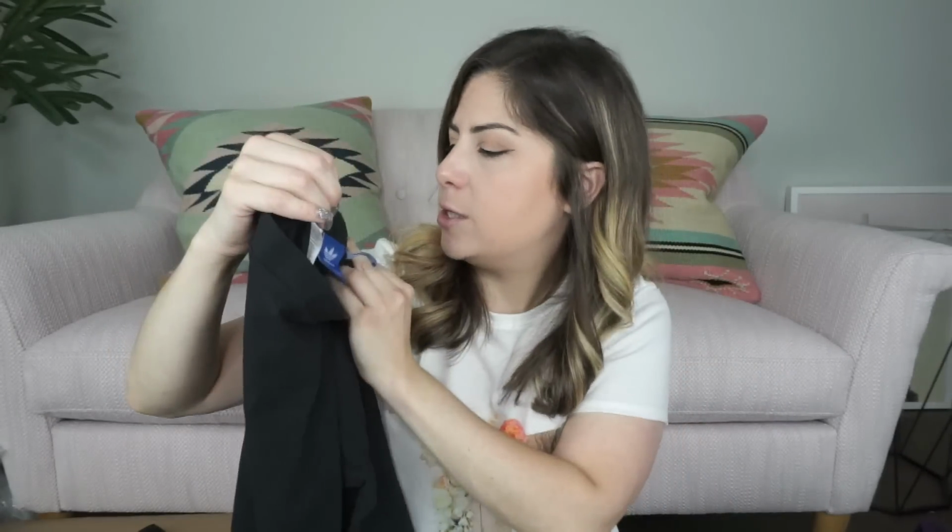Okay, I see some more Adidas. These are really cute. I might actually keep these if they're my size. We'll see. These are small. I probably need a medium. But anyways, they're black and they have the Adidas logo on each leg. I'm going to look up how much these retail for, and I'll probably list them pretty close to that. I don't think their leggings retail for too much, maybe $30 on these,